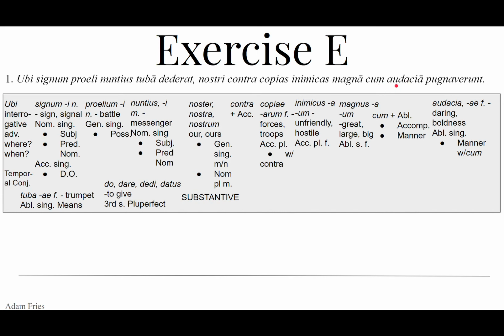And then the verb, the final verb that puts everything in place. The puzzle is complete. The picture is set. Pugno, pugnare, pugnavi, pugnatus, to fight. This is the third plural. They did it. Perfect tense, and they did it in the past. They did the thing. All right, our sentence is complete.